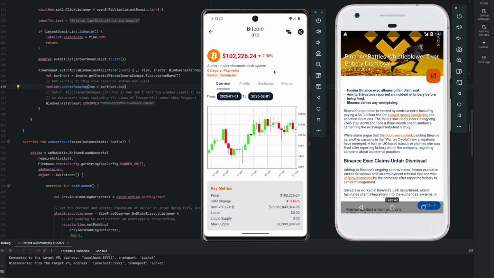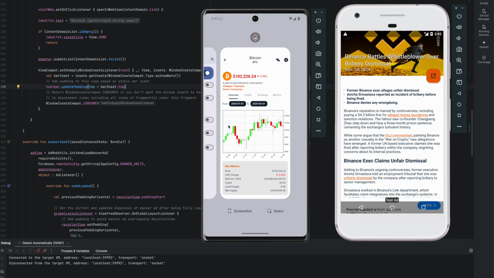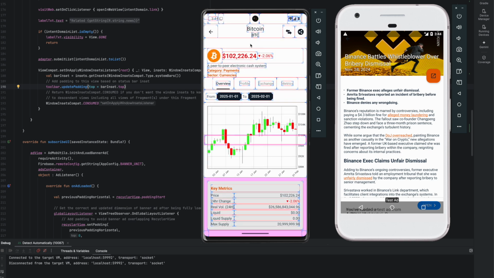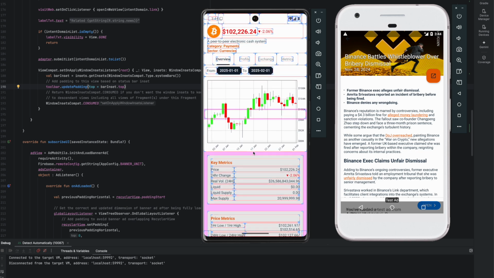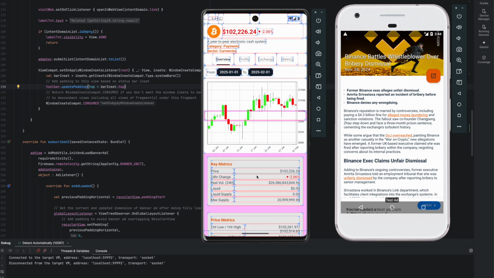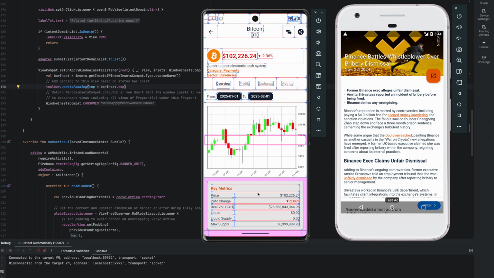Once you implement it, you are now being forced to have a large space on some of your UI. So when, for example, on the developer options, we enable show layout bounds, you can see there will be a large space in between the toolbar here and the body or the content, just so we avoid overlapping this magnificent hole punch camera on our device.